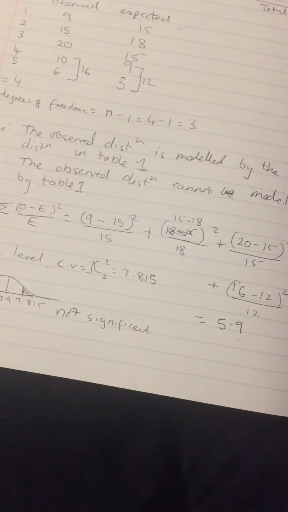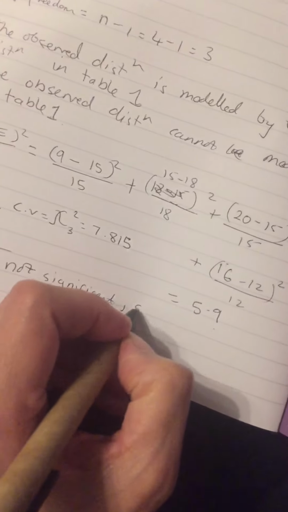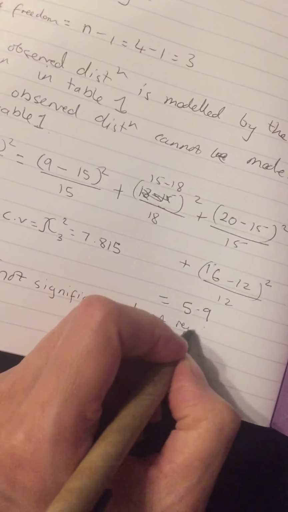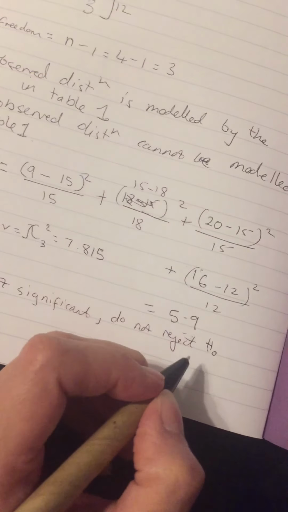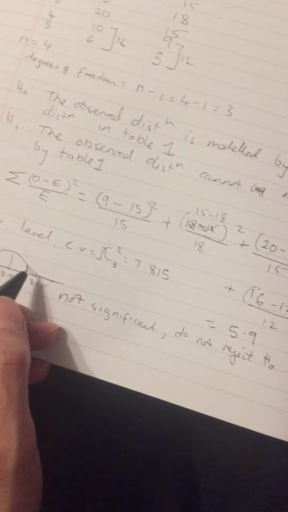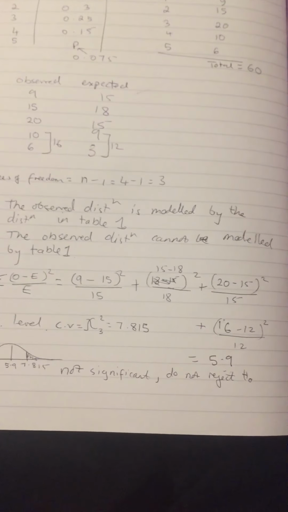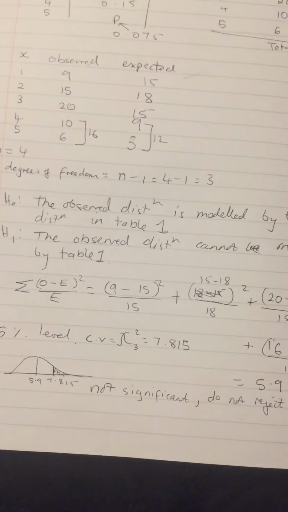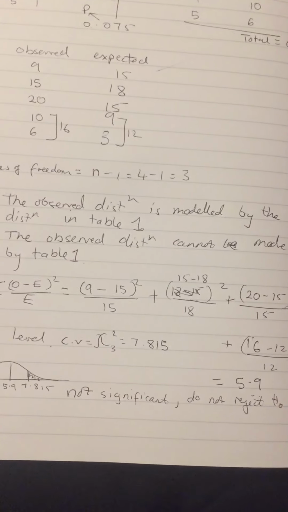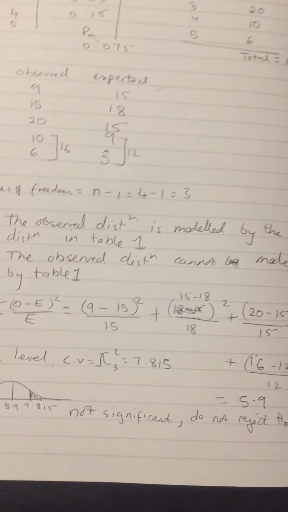So that means we don't reject H naught. Okay, we say do not reject H naught. I'm just going to try and squeeze it on. There is insufficient evidence to support the claim that the observed distribution cannot be modelled by the distribution in table 1. Okay, so I'm kind of running out of space, so you'd have to write that yourself. There is insufficient evidence to support the claim that the observed data cannot be modelled by the distribution in table 1. Okay,